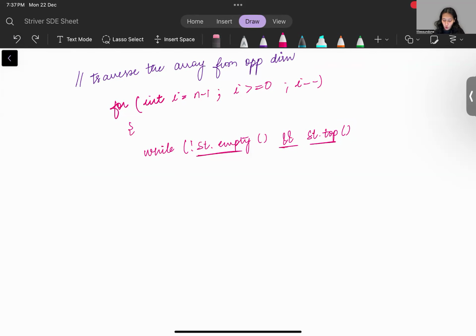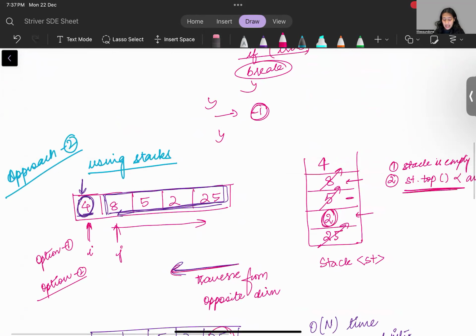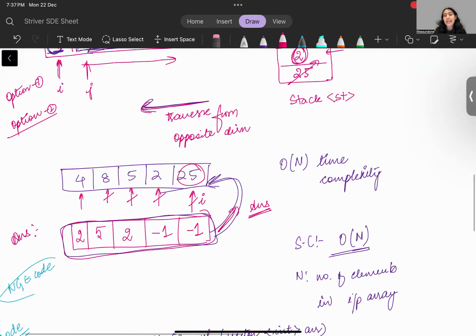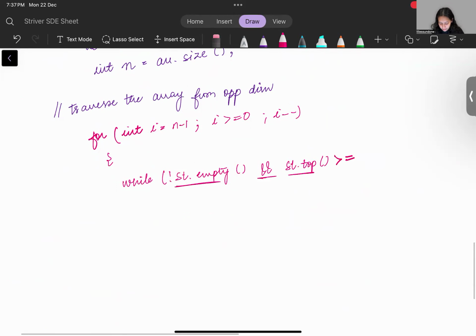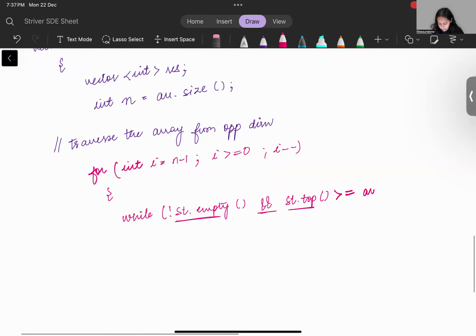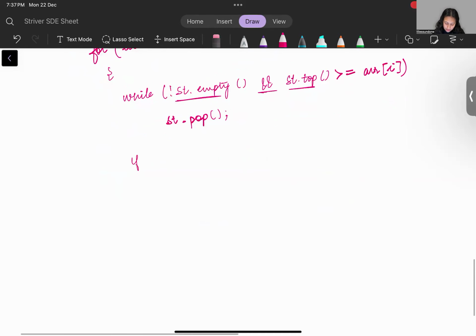So if my stack dot top, what happens to my stack dot top? Stack dot top, if it gets lesser than your array i, then we have a problem. So till when we have to keep popping? Until it is greater than your input array i. If this is the case, you can keep on popping the elements. Make sense? Okay. Now you can get out of this only when either your stack gets to be empty,